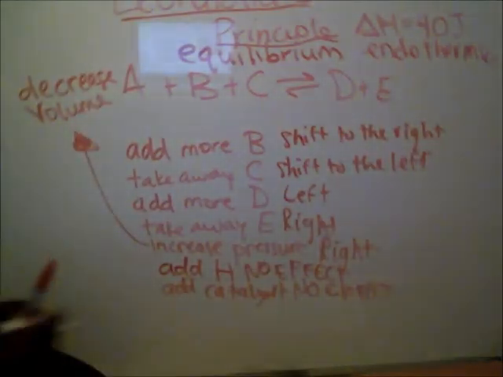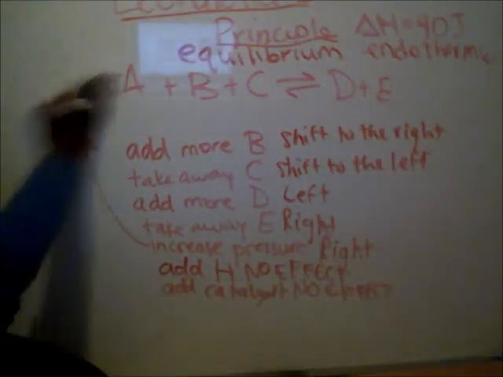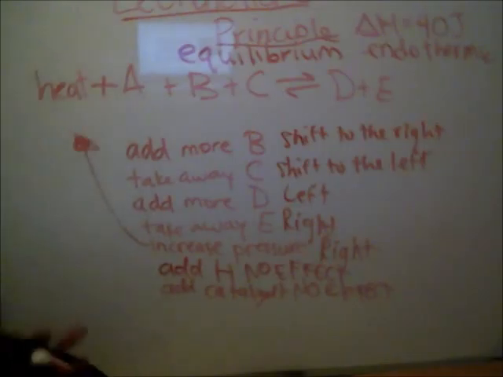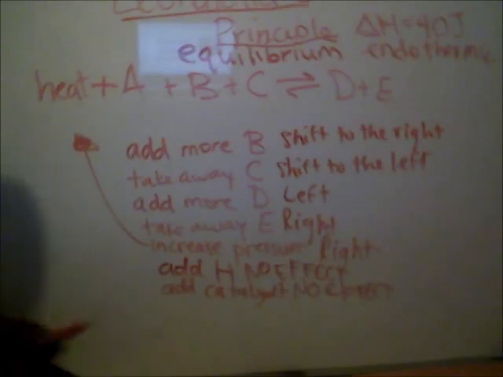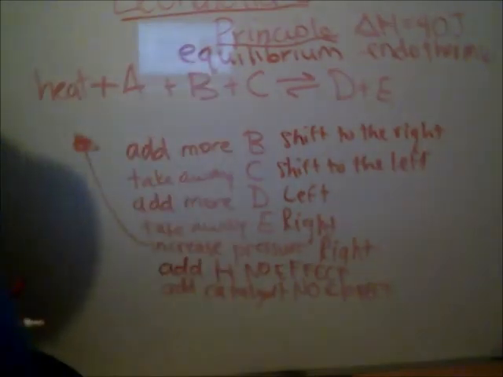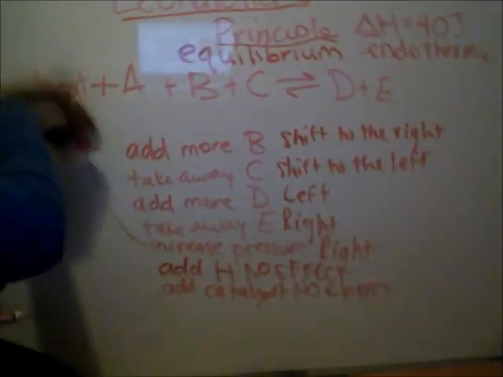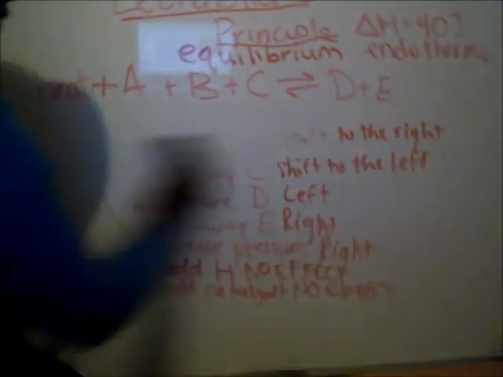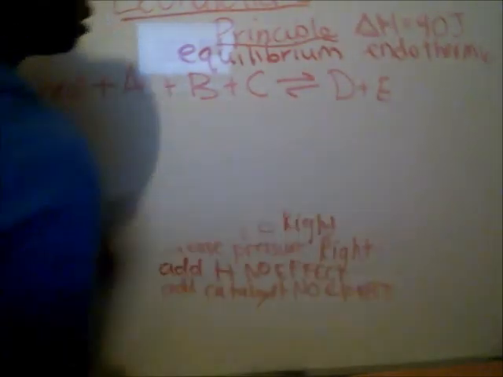And remember, endothermic means the heat goes on the reactant side. Okay? If it were exothermic, heat would go on the product side. So it's important to understand where heat goes in your reaction, but they would have to either put it in the equation for you, or they would have to give you the delta H. So if they tell you the delta H is positive, then that means it is endothermic,